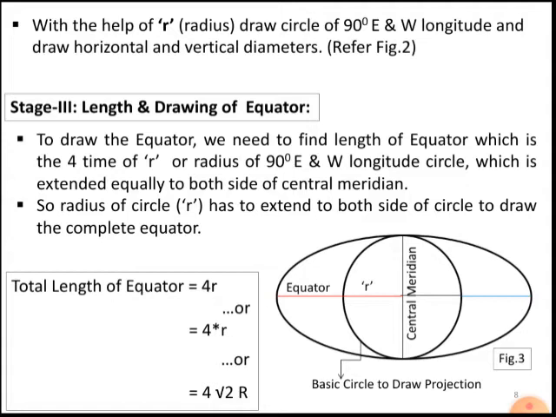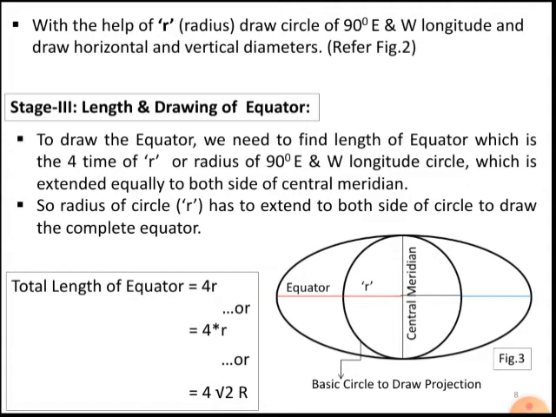Later, in the second stage number 3, you have to decide the length of the equator, and you can draw the equator too. Simply, if you look at the circle, you will get an r, small r, as it has been shown. That means nothing but the half length of the equator within the circle. Okay, keep in mind, within the circle. So that much length, if you extend to both sides of the circle, as it has been extended here, you will get the entire length of the equator. That means 4 times small r is nothing but the length of the equator, right?